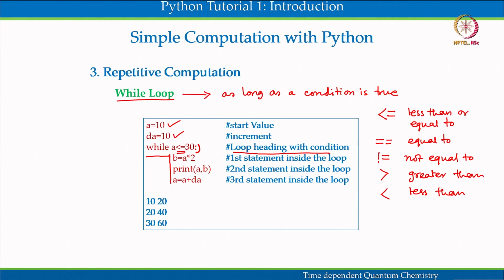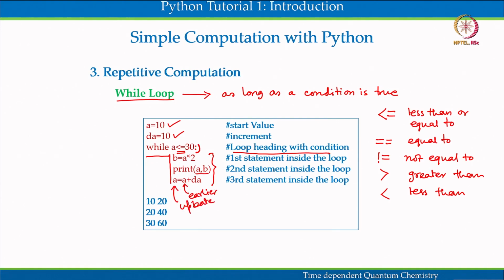So when entering into the loop, it will check what is the value of a. If the value of a is less than or equal to 30, it will perform this task. And in the task you are suggesting b equals a multiplied by 2, then it will be printing a, b, and then it will update the value. So this is the earlier value, and now this is the updated value,